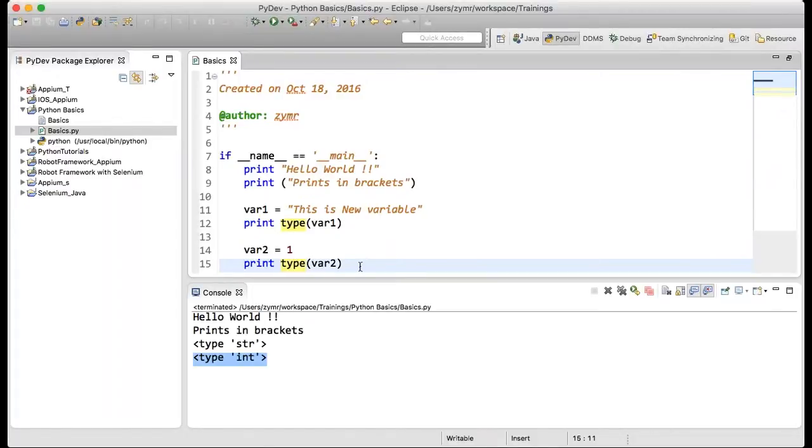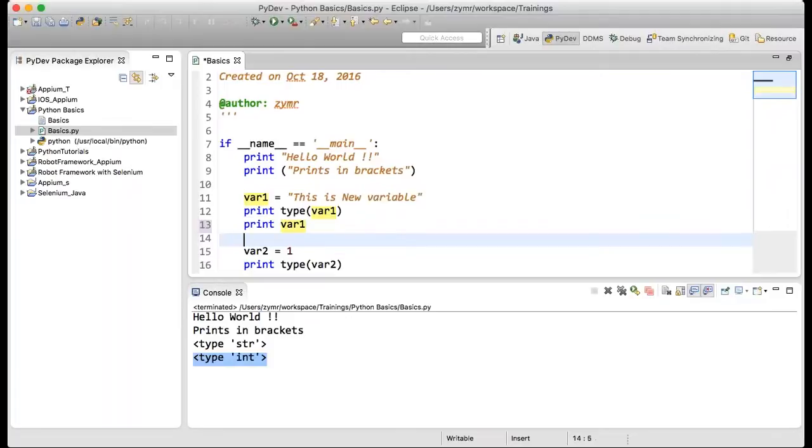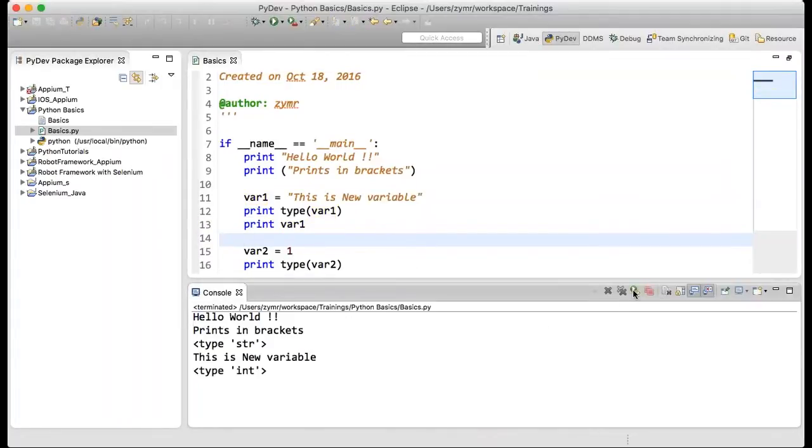So variables are one way. Also, you can print the variables in this way, saying what I have stored in those variables, I want to print them. So this is a new variable. This is the string that got printed.